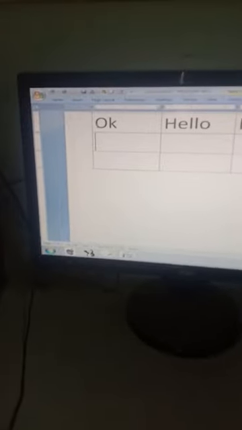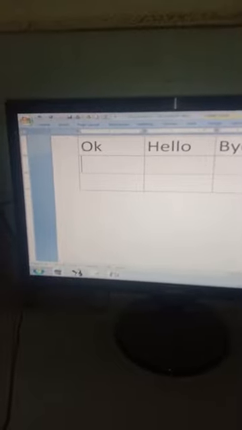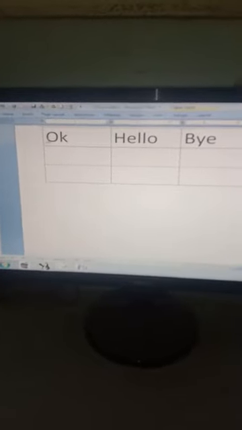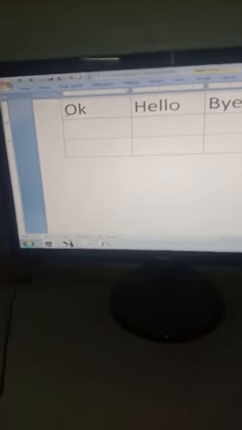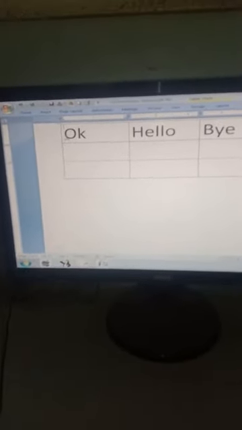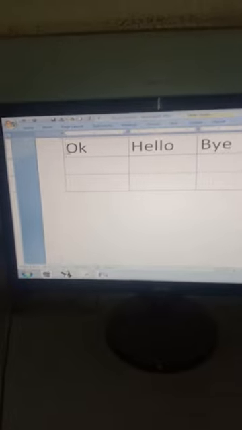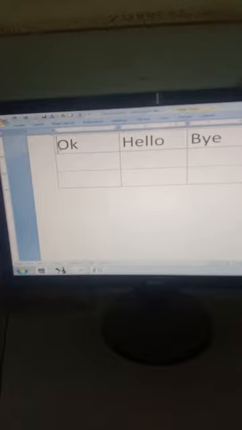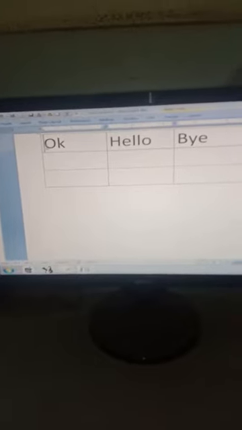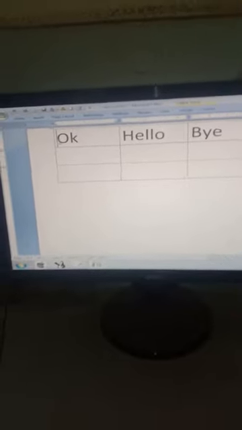You can also move to the next cell with the help of the arrow keys. These are the arrow keys, the 4 different arrow keys with the help of which we can move from one cell to another in a table. So how can we enter the data? I have taught you the method of entering the data in a table. And we can move from one cell to another cell with the help of the tab key or with the help of the 4 different arrow keys.